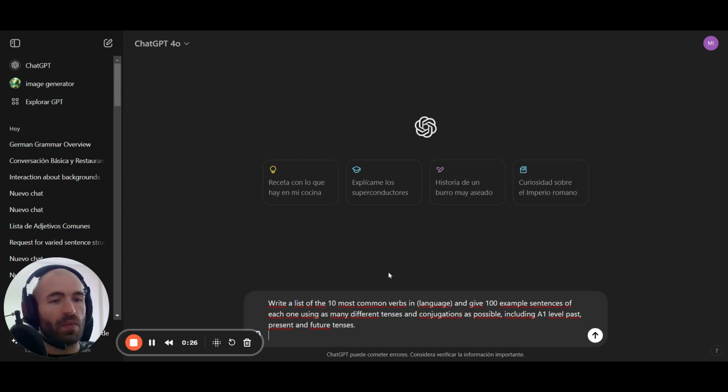We'll use the 10 most common verbs over and over again to learn all the conjugations well first, and then eventually we'll learn hundreds and then thousands of verbs, and vocab in general. But we'll use the most common ones, 80-20 rule, because this will show up the most. We'll use these over and over again in many different variations to learn all the conjugations well, and then we'll slowly increase the amount of verbs we're using